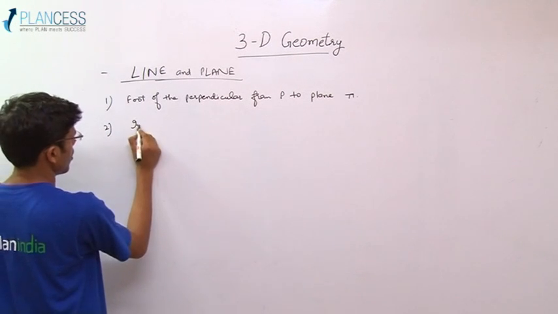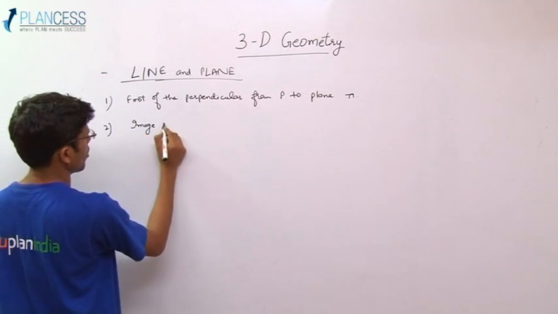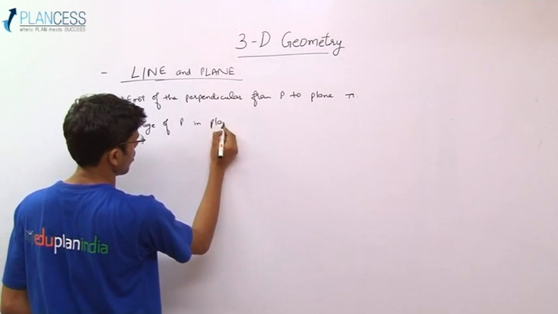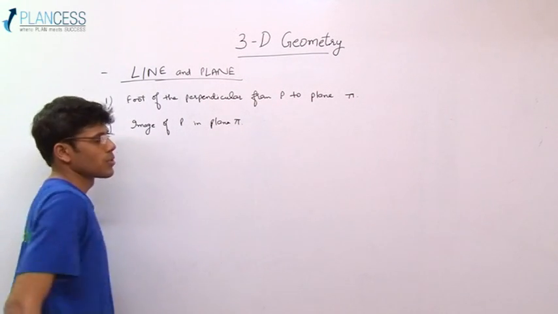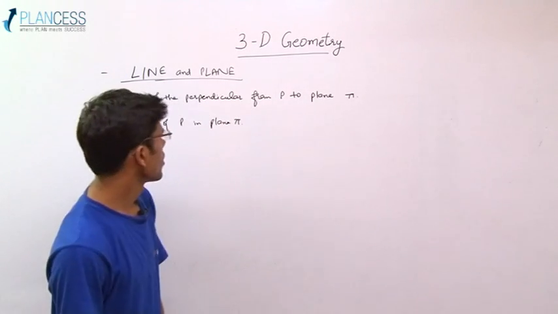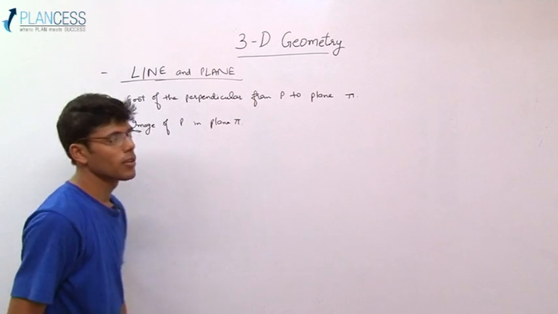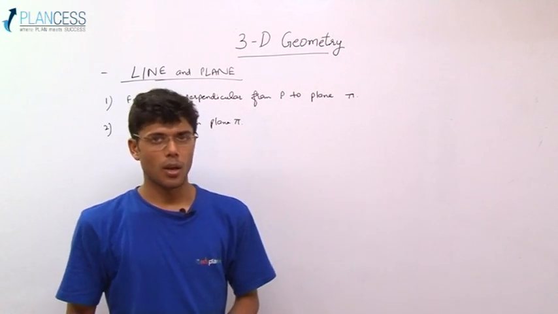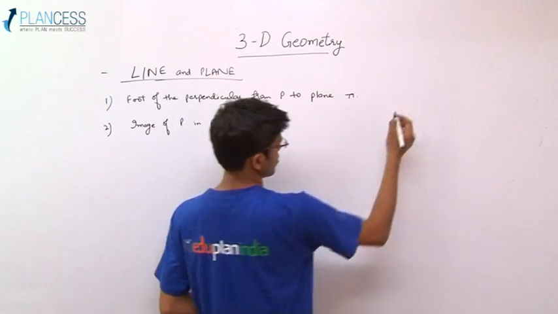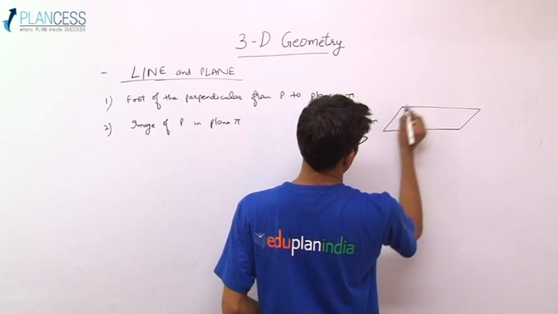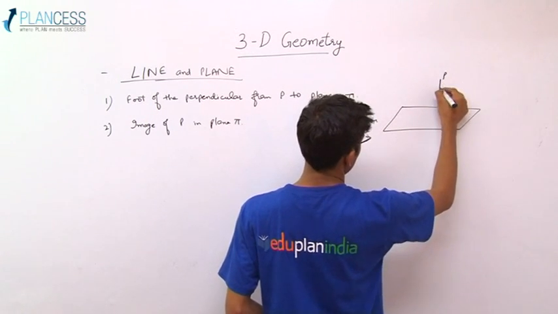Second is the image of P in plane pi. So this is just a consecutive approach to this problem. Since you find the foot of the perpendicular from the point P to the plane pi, the image is, say this is the plane pi, this is point P, you find